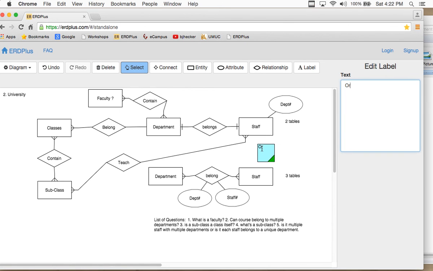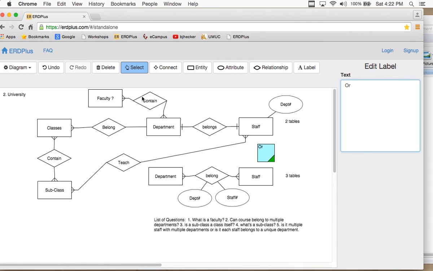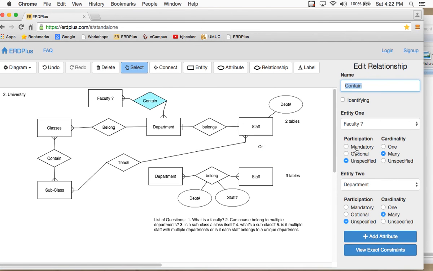So the mandatory versus optional participation. Forgot about that part of it. That's this part here. So if I look at this here, on this side over here it says mandatory and optional. This is what it's talking about. It's unspecified for all of my relationships so far. This one wanted you to do it. So,